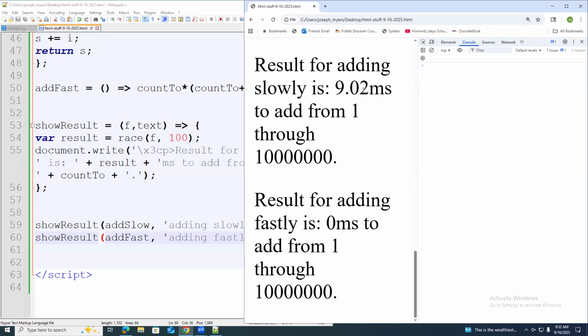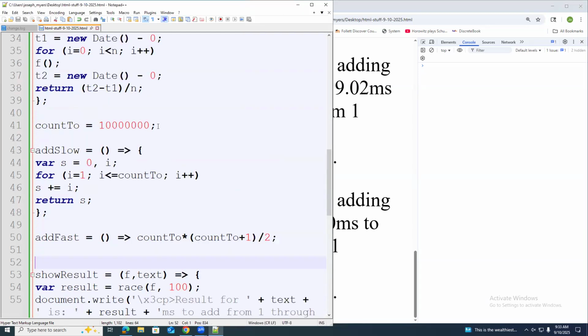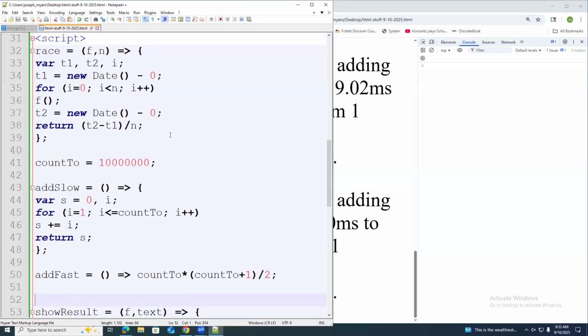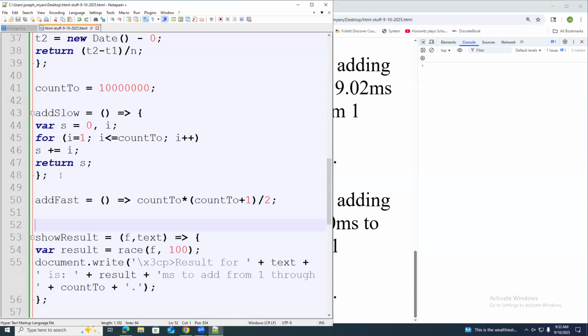And theoretically, this should eventually run at least 1 million or more times faster than that one does, because this algorithm right here, we're learning about algorithms pretty soon, actually, in the next chapter, I think. This algorithm right here is called an O(n) algorithm. That means it takes n steps to reach the goal. So it runs through a loop from 1 through n, and it does operations for every single step. So it takes n steps to calculate the total.